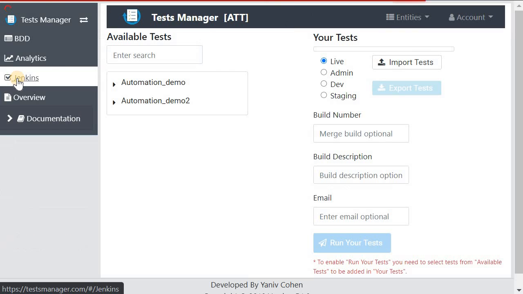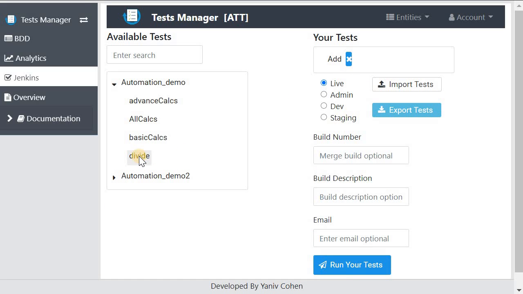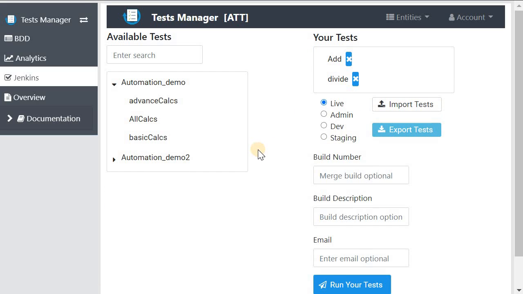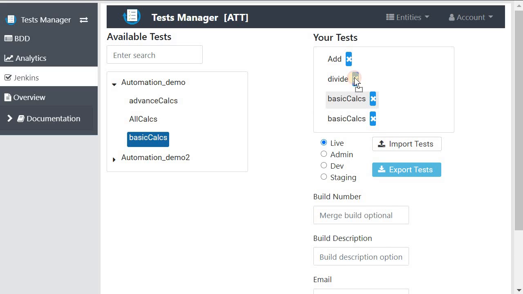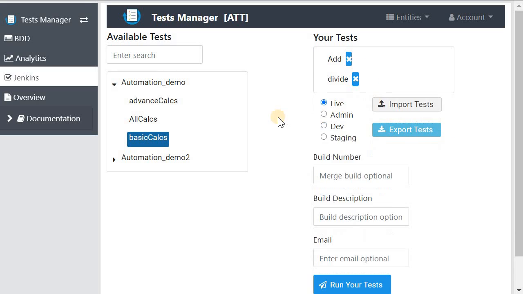So in the Jenkins I can see my two suites, and for each suite I can see my tests. For this demo I will run the add and the divide scenario. Also I can add a test more than once by clicking on it and close it.